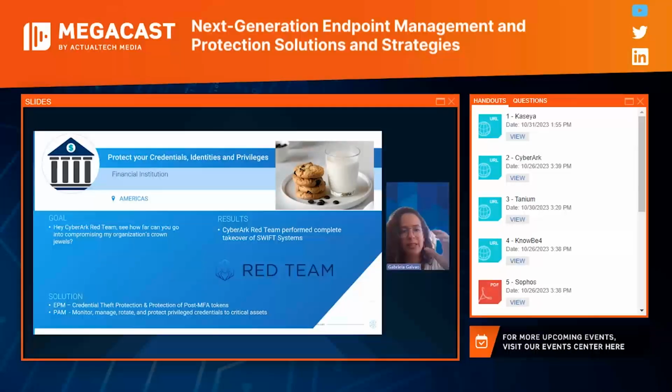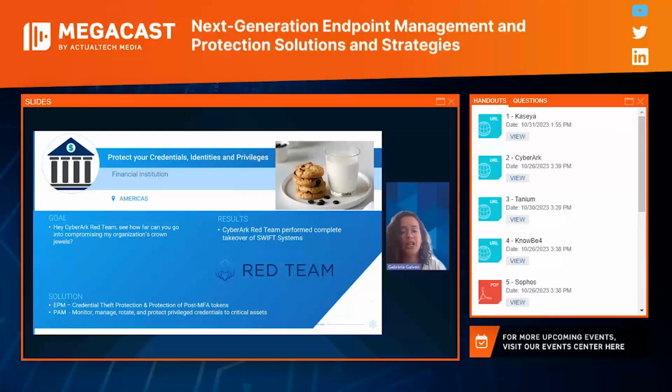And if that customer is in, let's say, somewhere in Americas, it could be sending that information over to Americas, even if they could be in any other country in any other continent of the world. The interesting thing here is that cookies are used on the user context. So every single identity will most likely be linked to a cookie. EDRs are not able to block them since it's not on the mandate of EDRs. Cookies don't require privileges to perform. They are required to read processor, read files, which seems like nothing malicious. So these attacks are completely blind to the EDRs and most of the traditional endpoint solutions.